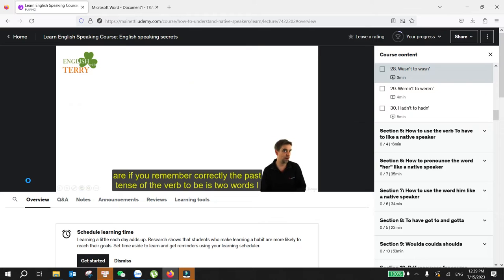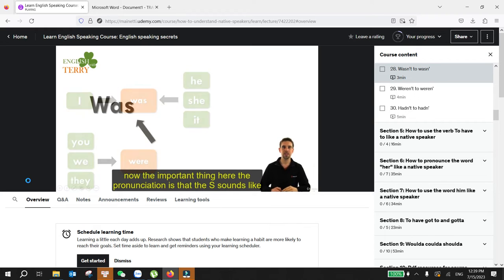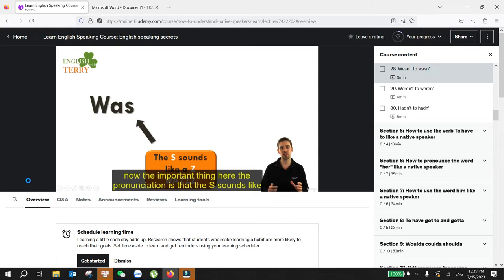If you remember correctly, the past tense of the verb to be is two words. I was, he was, she was, it was, you were, we were, they were. Okay? Now, the important thing here in the pronunciation is that the S sounds like a Z. It's was,